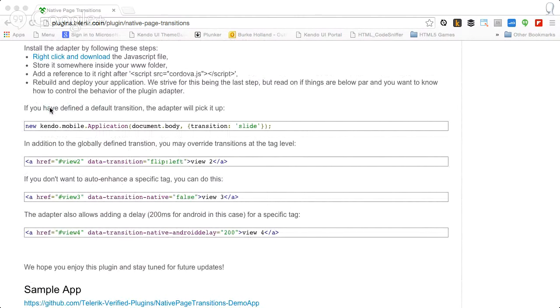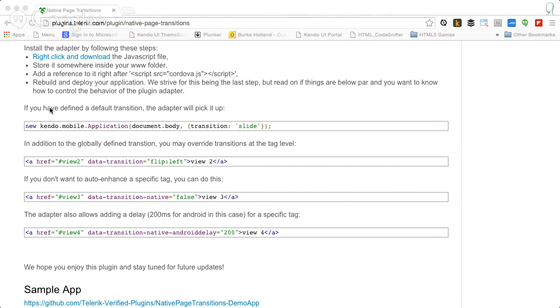It's just a Cordova plugin, so any Cordova app that's running on Android or iOS can potentially tie into this. Yeah, this is really exciting, especially with the Kendo UI mobile adapter, because when you are testing on the simulator, of course, plugins don't work, right? I mean, plugins are compiled, and so that's not something you can actually test until you get on your